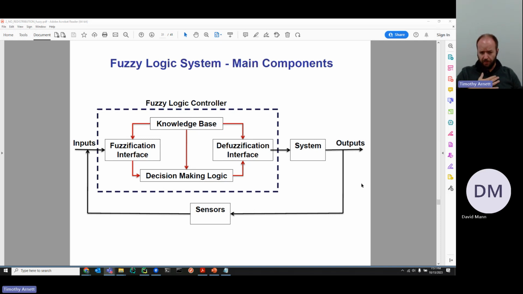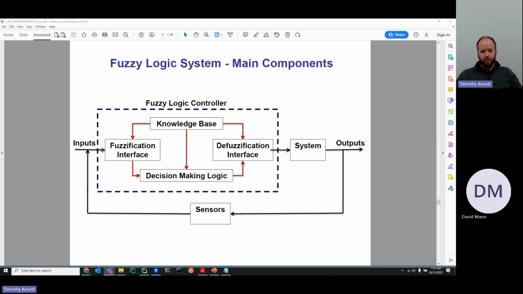Pardon me, fuzzy logic systems, in particular fuzzy controllers, because this is much more directly applicable to what we'll be doing in XFC. So this is a fuzzy logic system, the main components, and in particular what we call fuzzy logic controller. In terms of control theory, what you typically have is you have some input coming in, almost always from sensors. You're getting feedback from the system in terms of sensor data. That sensor data comes in the form of inputs to your fuzzy logic controller.